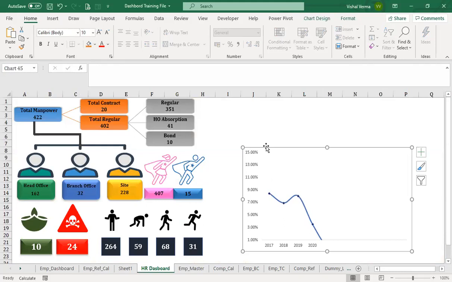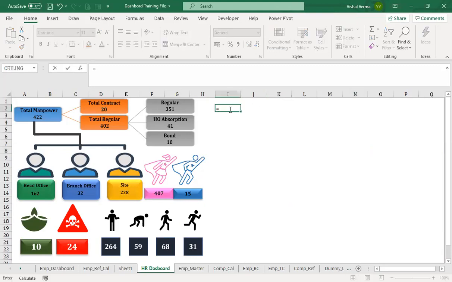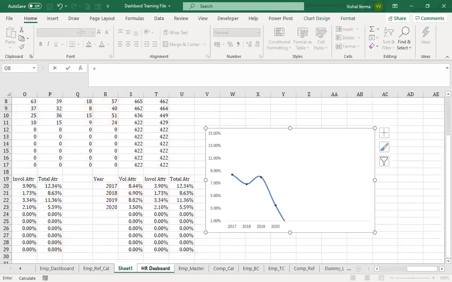Now, one thing we need is to give the option to our boss or supervisor, whether they need the information related to voluntary, involuntary, or the total of the employees leaving the organization. So let's get those values here. From sheet 1, we need the year here.